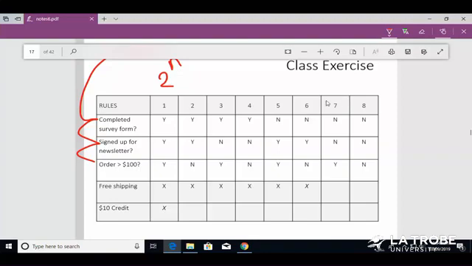Look at the last 2 rules. If he didn't complete the survey, didn't sign up for the newspaper, and didn't order something above $100, he will get nothing. No free shipping, no $10 credit. If he did order above $100, so didn't complete the survey, didn't sign up for the newspaper, but he did